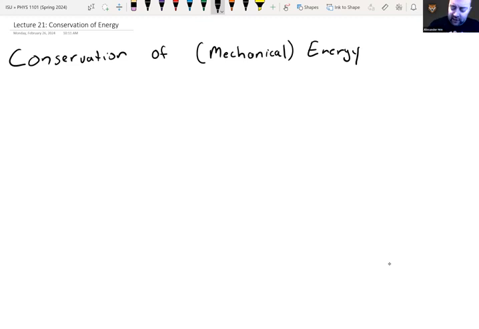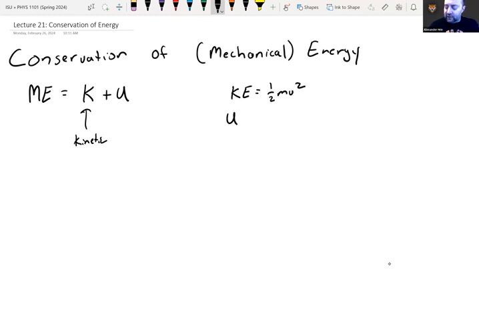And as a reminder, your mechanical energy, which I'll abbreviate as ME, was equal to the kinetic energy plus the potential energies. Now we had our kinetic energy, and not to be confused, this is kinetic energy, that's not the spring constant, and the reason I say that is because the spring constant does come up when dealing with potential energy. But the kinetic energy is 1/2 mv squared. The gravitational potential is mgh, and the spring potential is 1/2 k delta x squared, where k